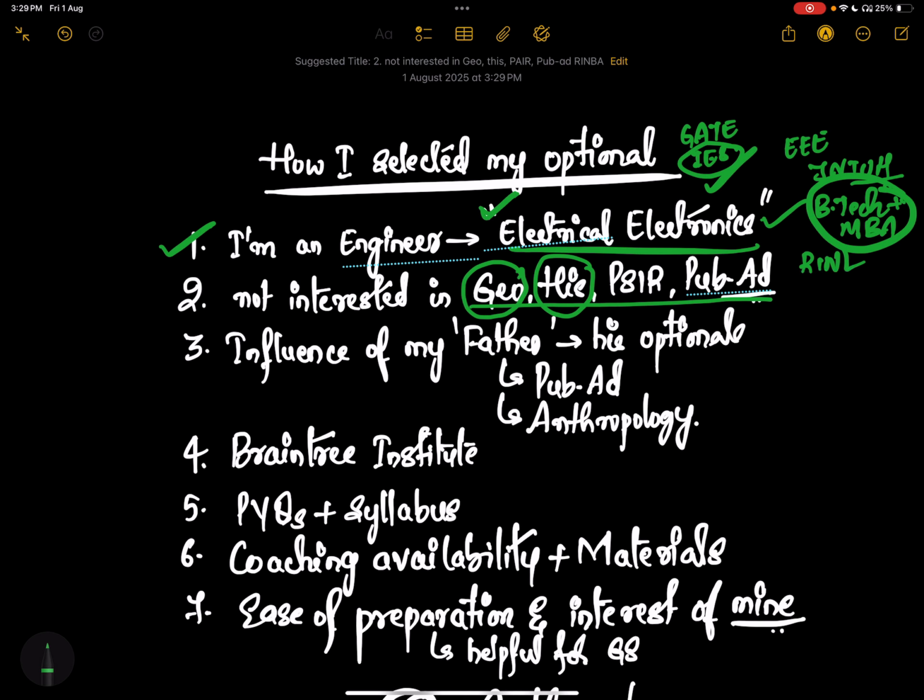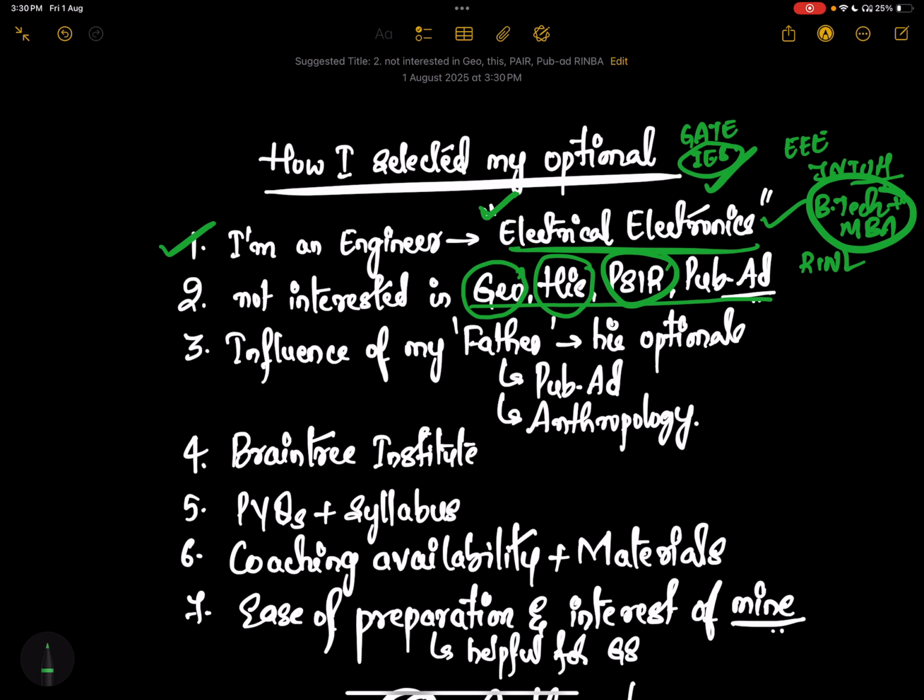Then they completed ancient and medieval history in just 7 days. So I was not at all in line with that. I felt okay, geography, history, even PSR, because international relations is also more current affairs related. I usually hate reading newspapers. Maybe that is the main reason why I have failed all these 5 items. I was a bit not interested because here the current affairs comes more into the picture.